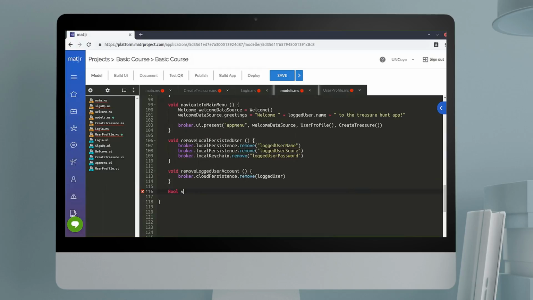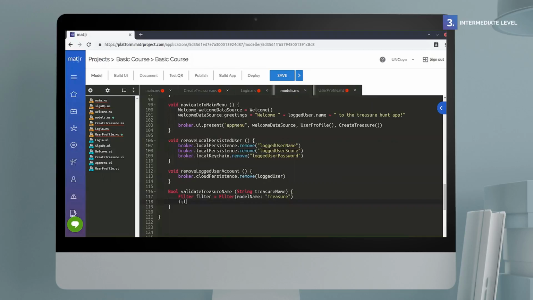The next thing is to create a function to validate that the name of the treasures is unique. Therefore, when trying to create one with an existing name, do not allow this action. This function will return a Boolean value, true if it is valid to use and false when it is already in use. The name will be validateTreasureName, and as a parameter we will pass a value of string type with name treasureName, that will be the name that we validate. Bool validateTreasureName(string treasureName)